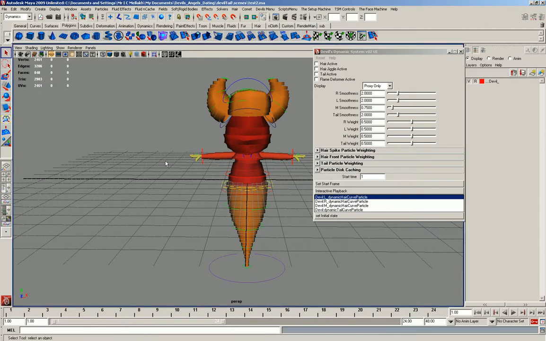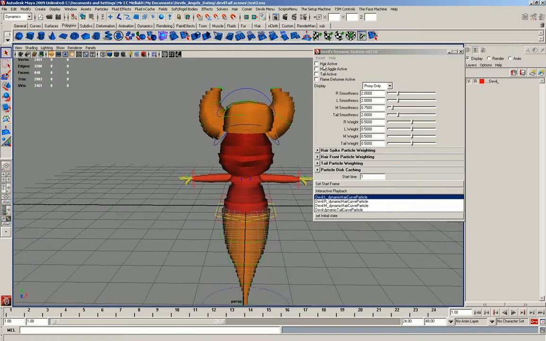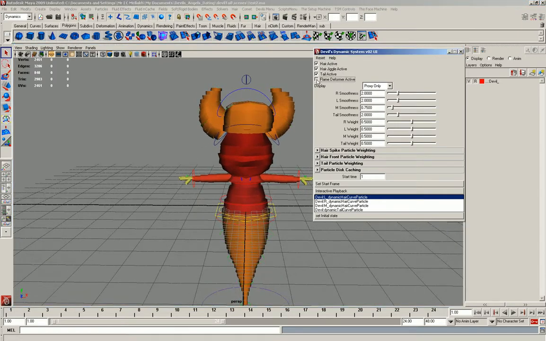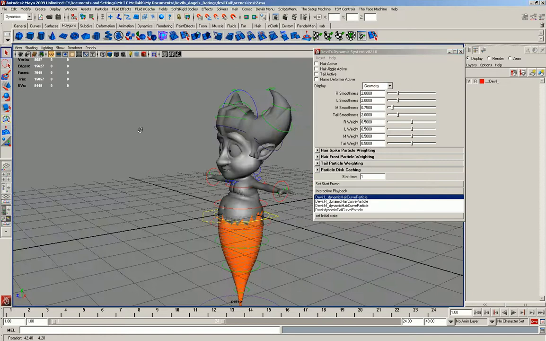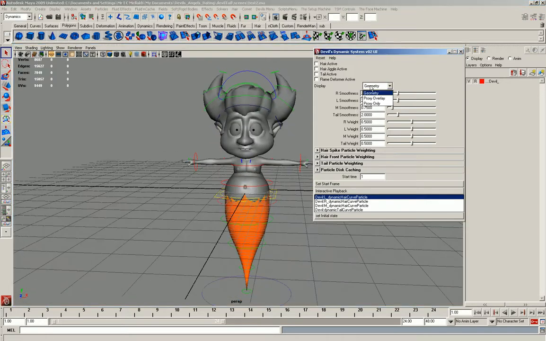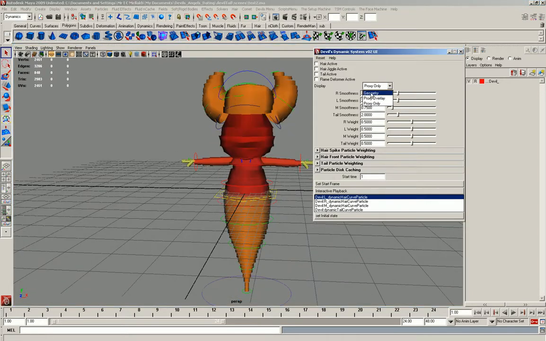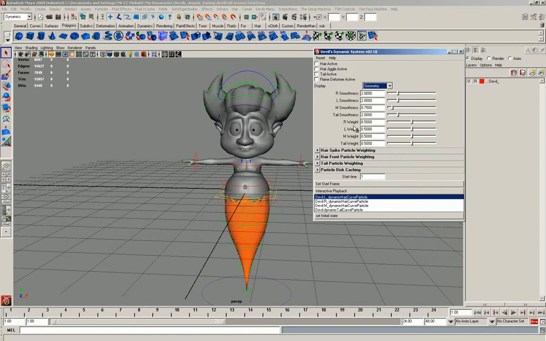A few new things are I've added in toggles so that you can toggle between certain things being turned on. I've also added a display feature so you can change the display of the character, because it's much easier being able to do it through here. I've got rid of the conserve because I didn't think we really needed to use that too much. Might end up getting rid of the weight depending on how much it gets used, but at the moment it's still in there. Basically, if I turn the hair and the tail on,